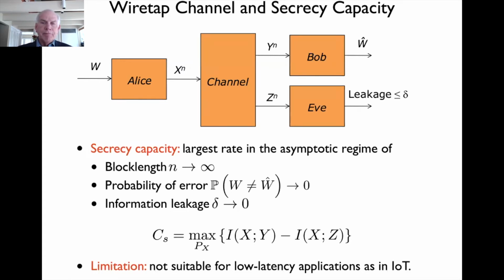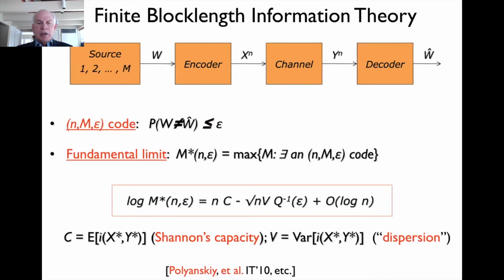So what can we do? Well, over the last 10 years or so, there's also been a lot of interest in trying to create non-asymptotic information theory. And here's an early result in this area. This is Yuri Polyanskiy, a former Princeton student who's now at MIT. This was in his PhD thesis. And here you have a source, again, W, which can take one of M values. So the number of bits per symbol is log 2 M per source symbol.